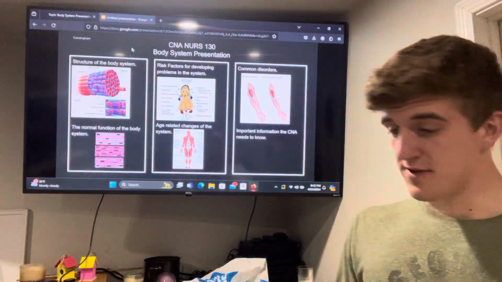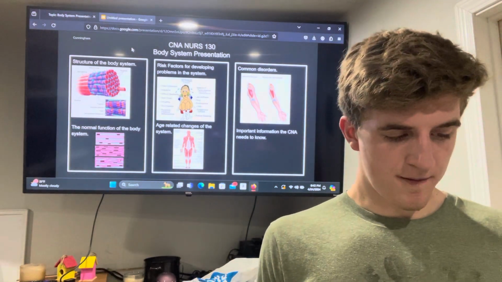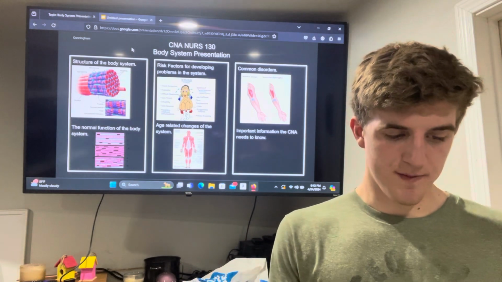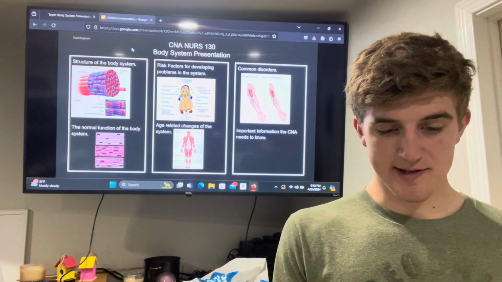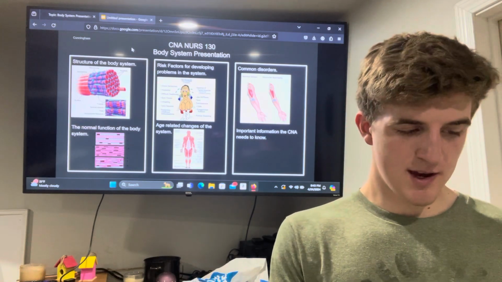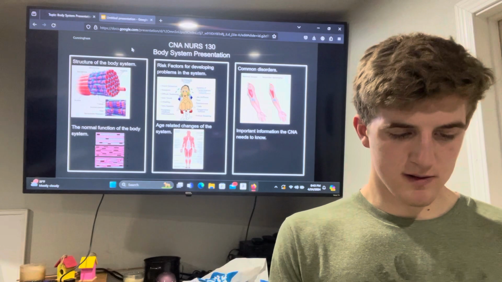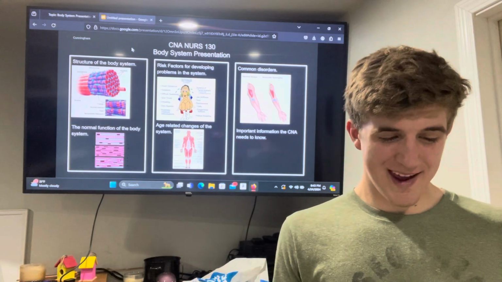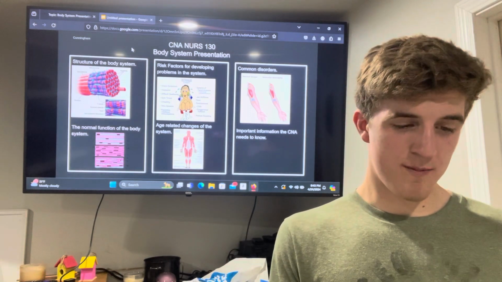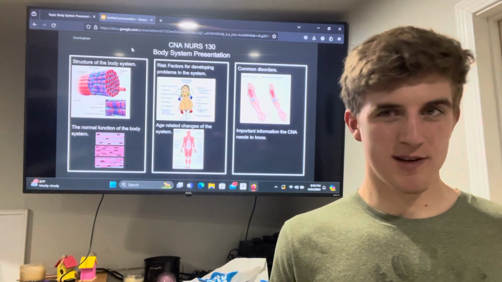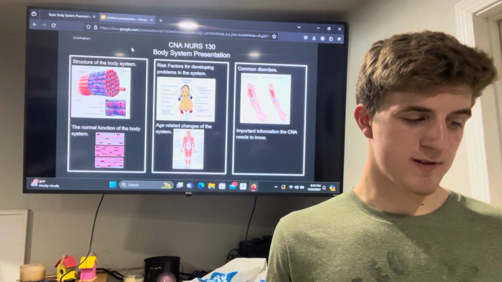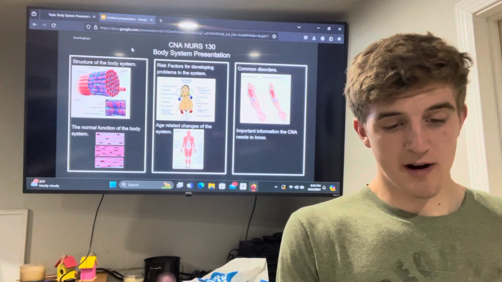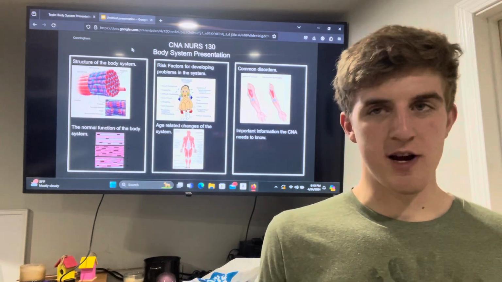Common disorders of this system. A few, to start, we'll go with muscular dystrophy, which is a group of genetic diseases that causes progressive weakness and degeneration of skeletal muscles. This disease affects between 19.8 and 25.1 per 100,000 person years globally. There is no cure, although steroid treatment can be used to slow the deterioration of muscles.